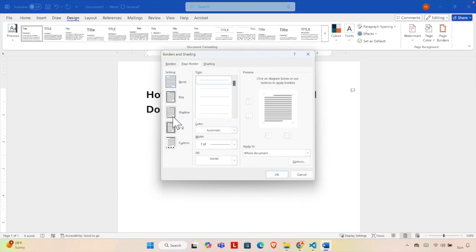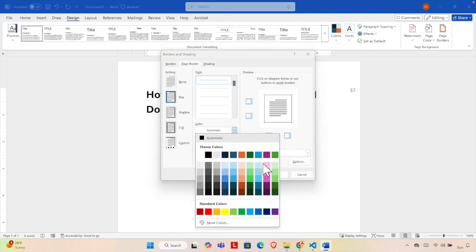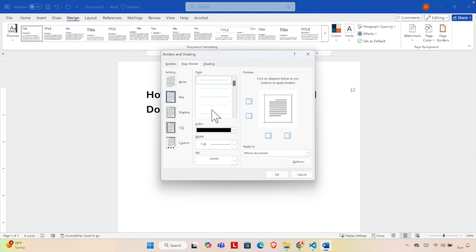So I have to choose one of the settings, like Box border, okay, and then we have to choose a style. There are different styles, like dotted, dashed, or plain line. So I'm going to use the plain line, and on the right side we'll see the preview of how it will look. And the color, if we want to change the color, we can pick from any of these colors. I'm going to click black because I like to add a black border color,